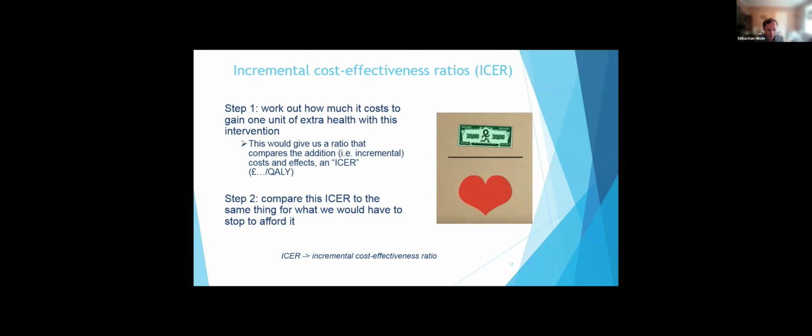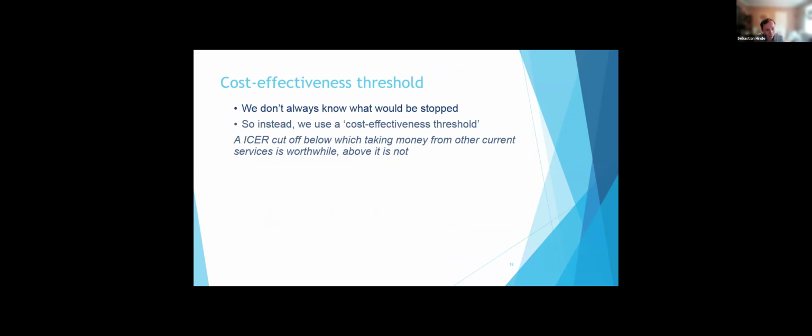But as I mentioned, we can't observe what that thing is that's pushed out somewhere in the NHS. It might be pushed out straight away, or it might be pushed out in a couple of years' time when budgets are tightened up. So instead, we've got this idea of cost effectiveness thresholds, which, again, people quite often have heard of because they pop up in media circuits quite a lot. But we don't always know what will be stopped. So instead, we use this threshold, which is a cutoff below which taking money from other current services is worthwhile, but above it's not. So it's a very definitive threshold. There's a lot of rabbit holes about what it is and what it isn't and how we calculate it. But for simplicity,